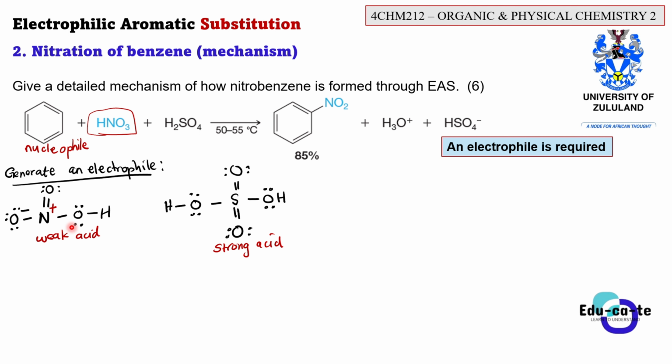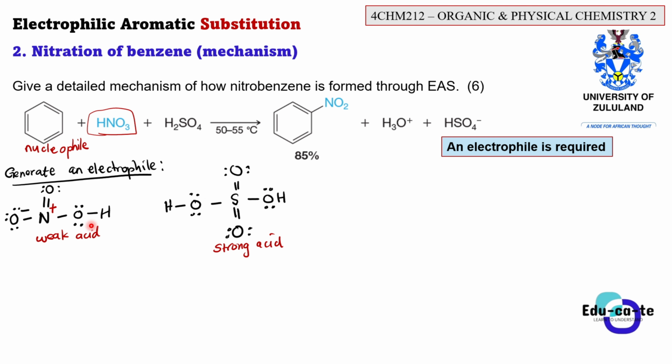That's what we were taught in high school. When you are being taught in high school, you are told that an acid is a proton donor. Okay, it donates a proton, but in actual reality, the base is the one that takes the proton away from the acid. In terms of reaction mechanism, that's how it works. But in essence, we're trying to say that a strong acid will be the one that will donate a proton to the weaker acid. So the weak acid is acting more like a base.